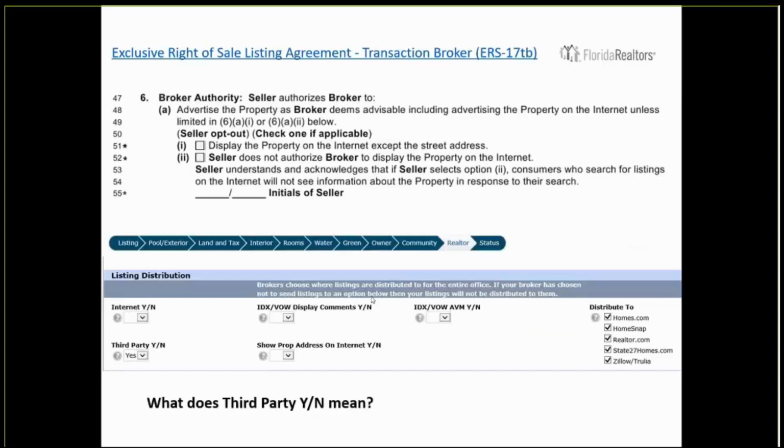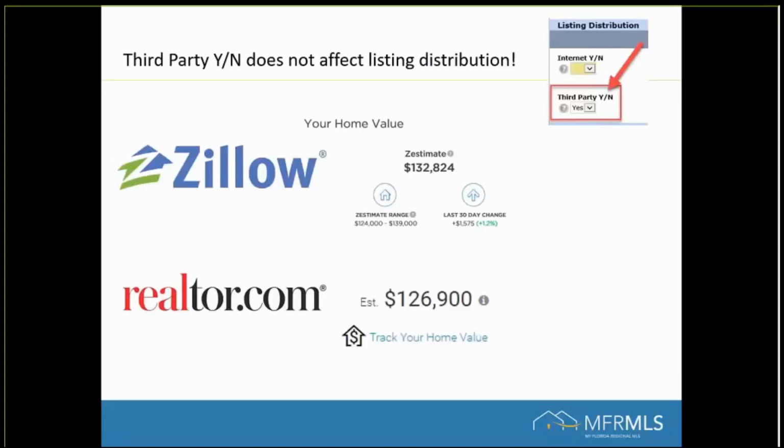Now, there is another field, and this gets a little confusing, called third-party yes/no, and it's in the listing distribution section. A lot of common misconceptions about this field, and you'll notice that's default. It's yes. So the third-party yes/no, this actually has more to deal with the listing data and how other websites use it. So are you going to allow other third-party websites to utilize the listing data in statistical calculations, in the